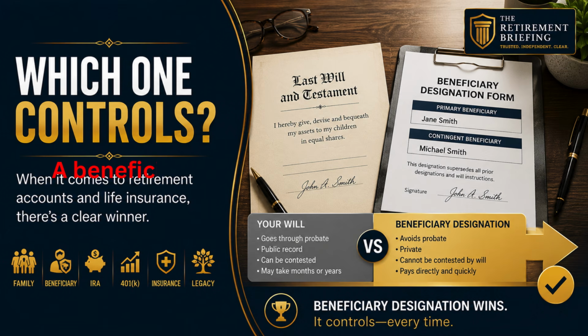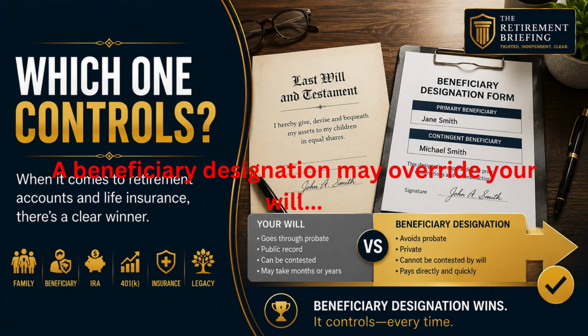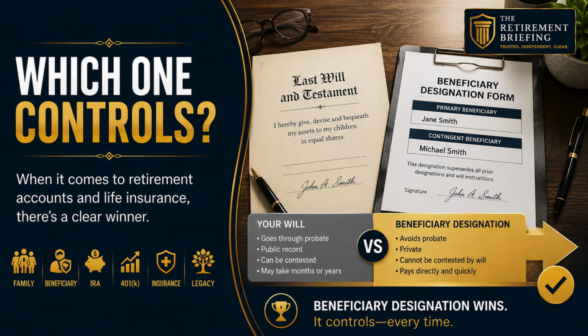When beneficiaries override a will. Many people assume that once a will has been created, it controls the distribution of every asset they own. It is an understandable assumption, but it is not always correct. Certain financial accounts pass according to beneficiary designations rather than instructions contained in a will. This distinction can surprise families and, in some cases, create outcomes that were never intended.